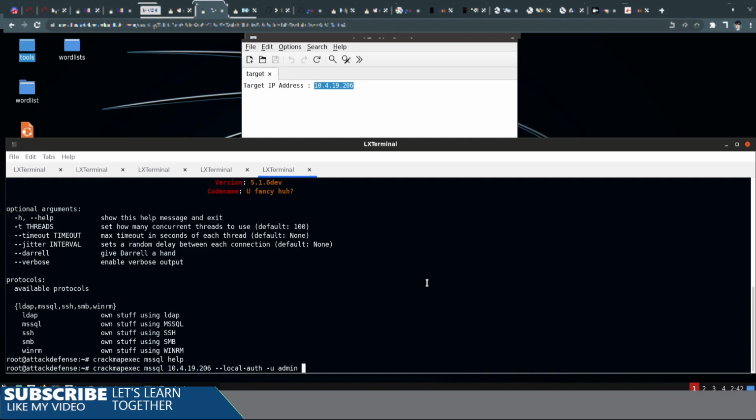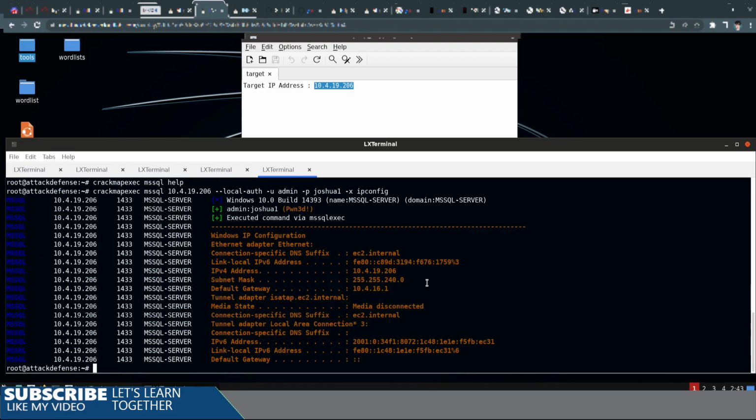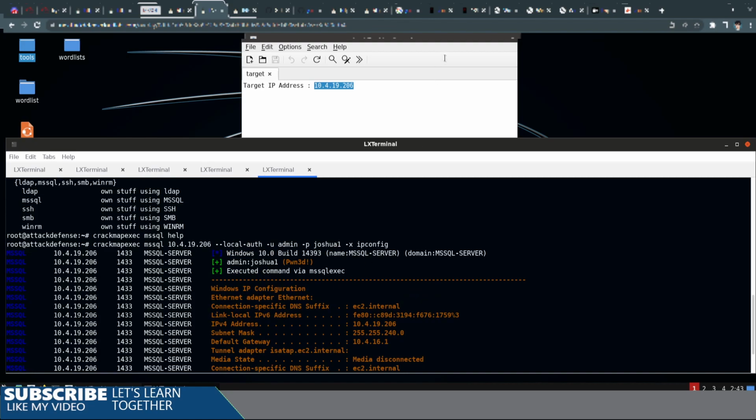If I can type password Joshua1x maybe. Config. Oh, very nice. Still I need to find